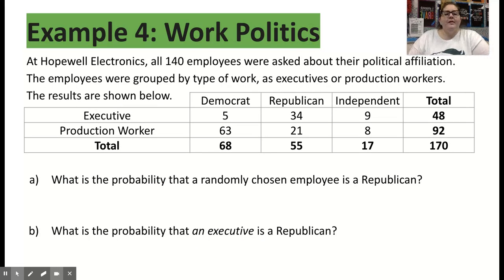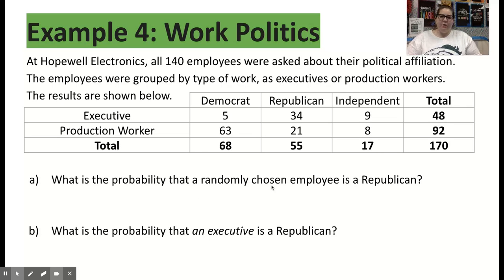At Hopewell Electronics, all 140 employees were asked about their political affiliation. The employees were grouped by type of work as executives or production workers. We have the results in our lovely little table. So executive, production worker, and then we have if they're Democrat, Republican, or independent. So what's the probability that a randomly chosen employee is a Republican? So just out of everybody, out of all the employees,